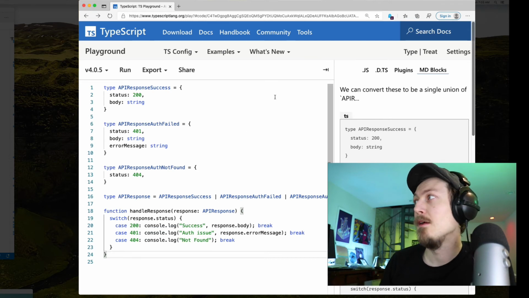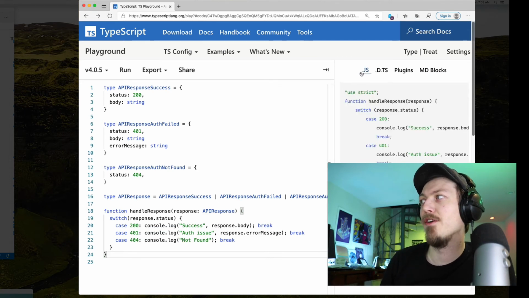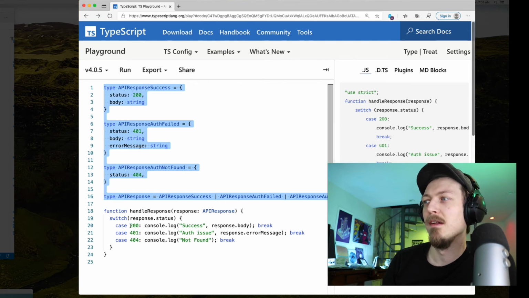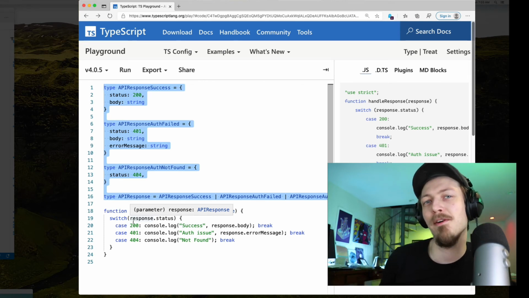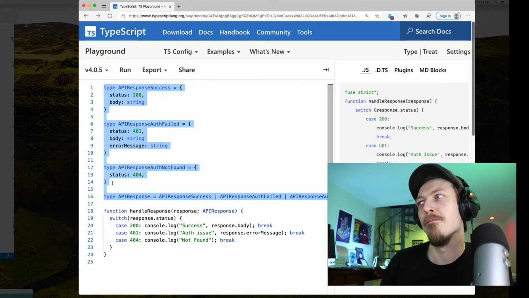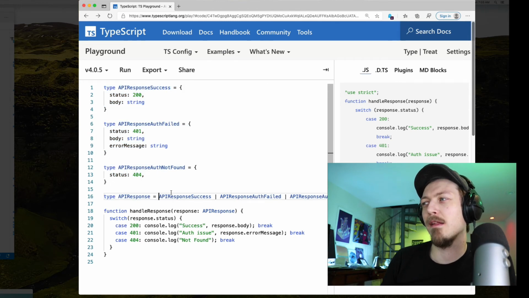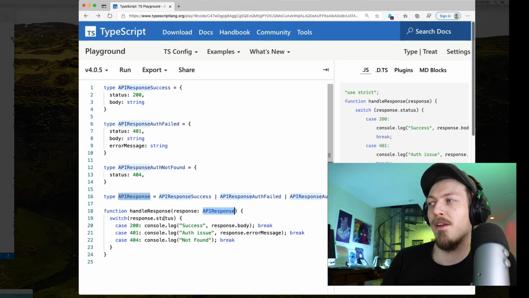Well, in this case, because all of this has to have no runtime impact, all of this has to be directly deletable, TypeScript has to work around not being able to add rich support for enums with attached types and stuff like that. And so what you get is this API response here says that it's one of these three types. You pass that in, and then it does a switch on the status.